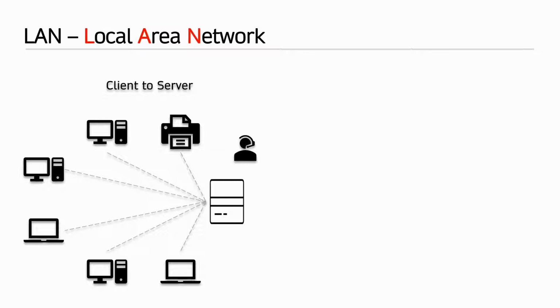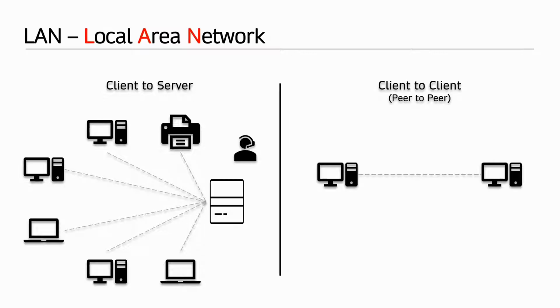There is also a higher cost for purchasing a server, cost of cable connections, cost of network administration salary, and cost of buying licenses for servers and applications that are running on them. The second type of configuration is client to client. In this type of configuration, one client, let's say a PC, is directly connected to another PC.